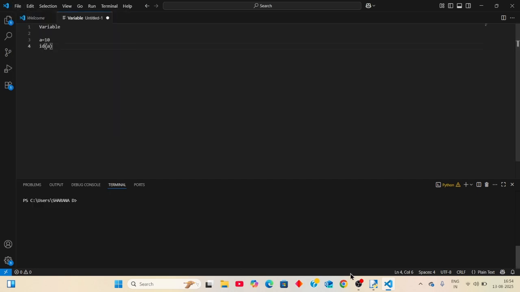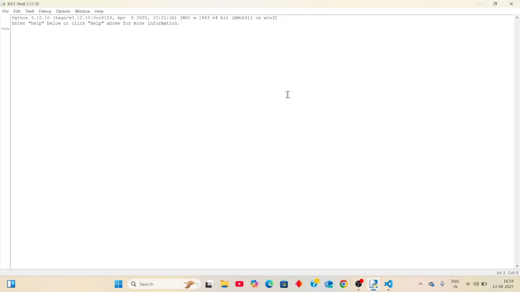Now go to IDLE. This is IDLE, which is called the compiler of Python. This is the first shell, where we can write single line code only. So we can write p equals 10.